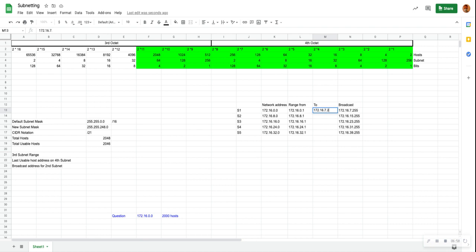So that'll be 172.16.7.254, 172.16.15.254, 172.16.23.254,